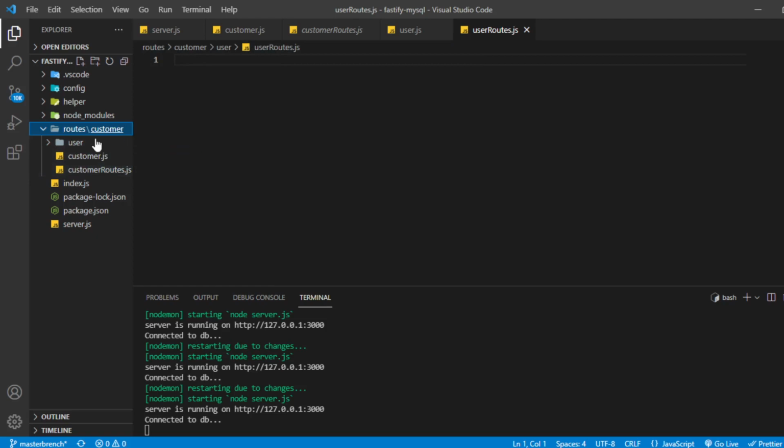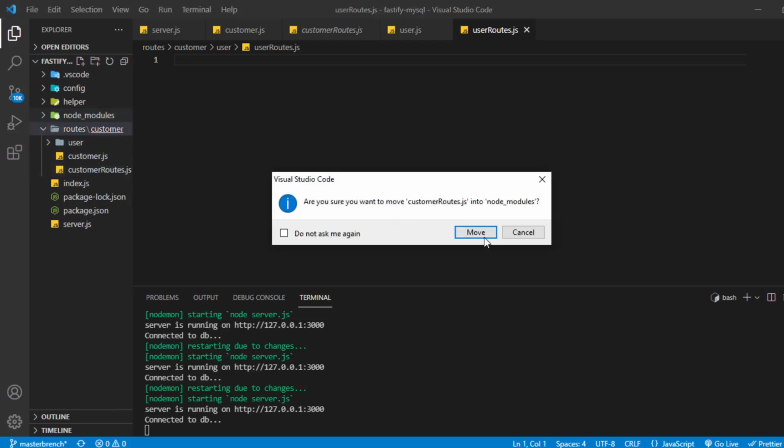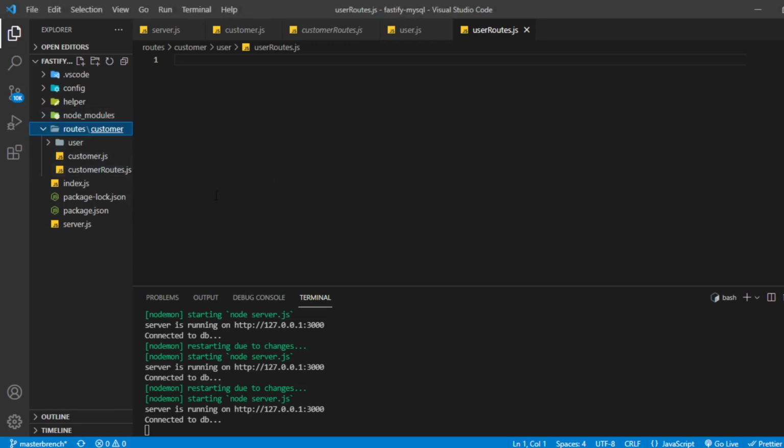I'm just checking whether my files are inside the customer folder or not. I think they are inside the customer. So I'll rapidly create some endpoints here related to user. Although I'm not going to connect these endpoints with the database, it would be all static, it will not be any dynamic data.